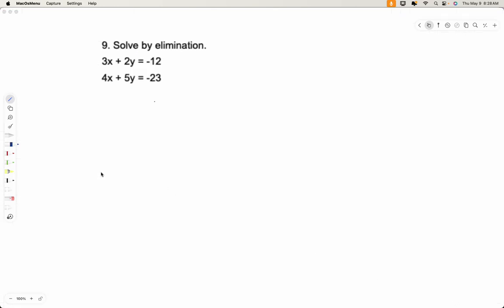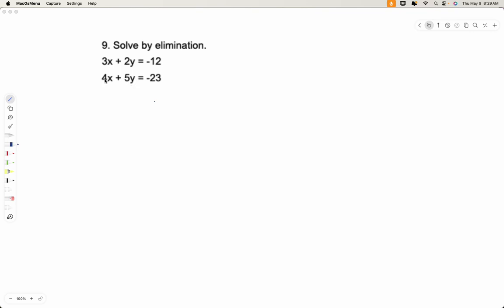All right, this problem wants us to solve by elimination. So using that methodology, I'm looking to see what I have in common. I don't have anything in common. All of the terms here are different. Like I can't double this to get 24, or I can't multiply by -1 to get the opposite. Nothing is opposite. So I'm going to have to multiply and just pick a term.